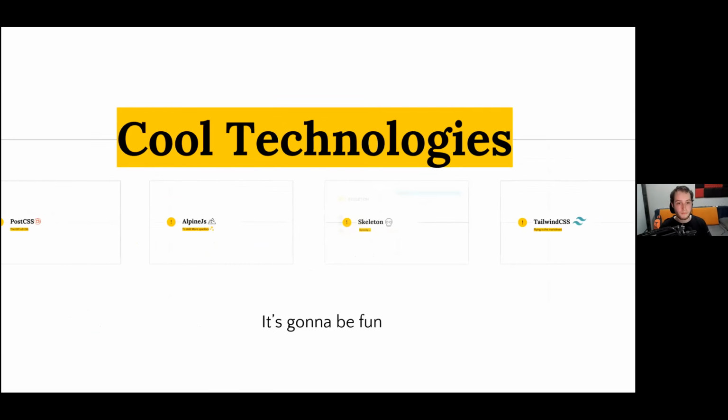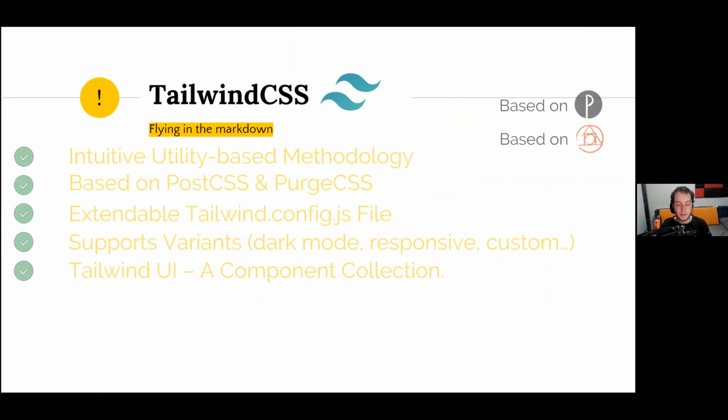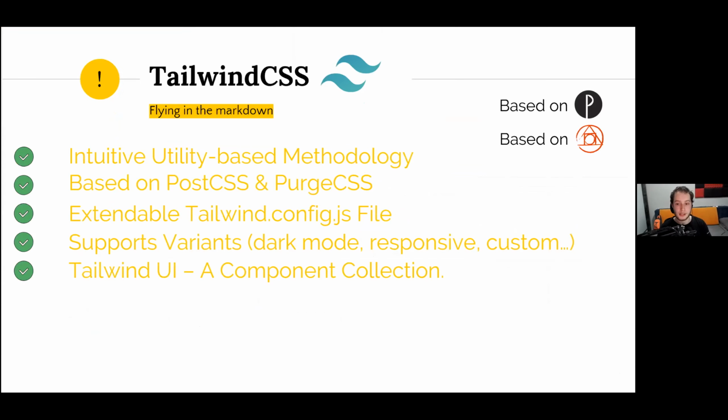And last one, I bet you all know that, and this is Tailwind. Tailwind CSS is a utility-first CSS framework that's being used for rapid prototyping. That means that it doesn't dichotomize by components, yet it dichotomizes by CSS properties. The good thing about Tailwind is that it allows you to create sketches faster and better than any other CSS framework. It's intuitive, it's based on purge CSS, meaning it's efficient, it's based on post CSS, meaning it's flexible, and